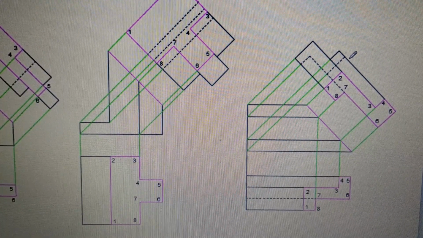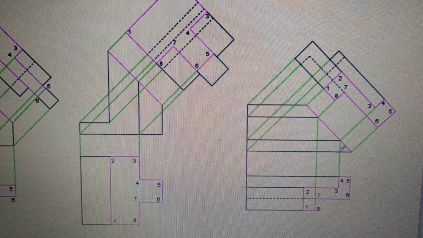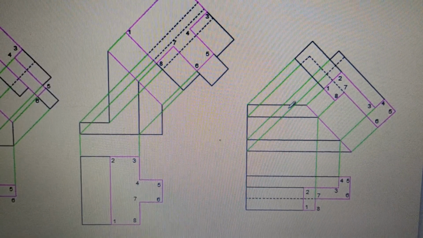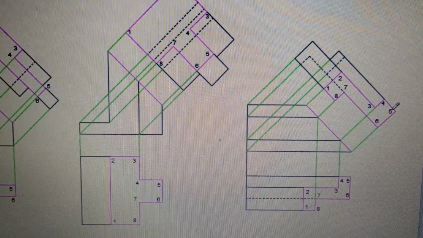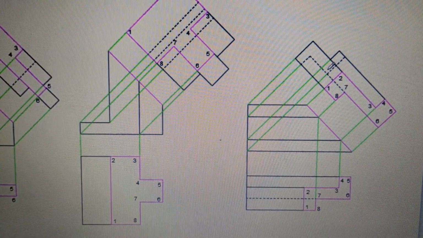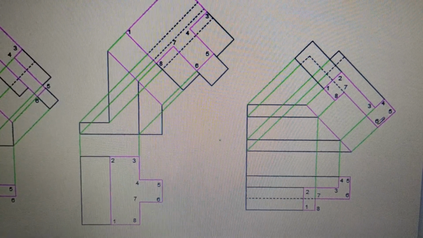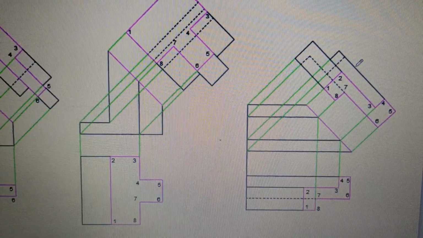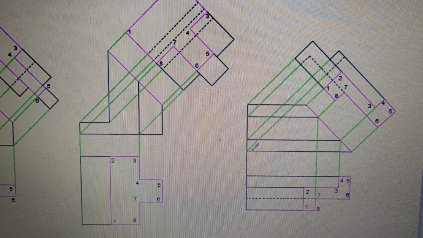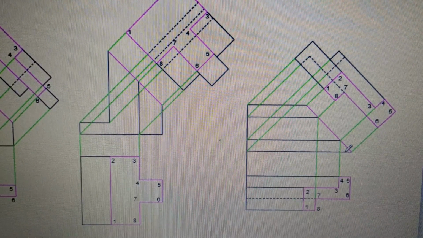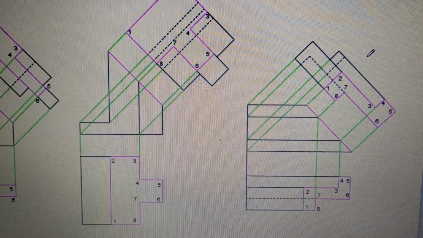So these points are here, 5 6. When you project them like this, this is going to be here. The base rectangle which is there, extends from this end to this end, and here it is from this line to this line. So 5 6 is here, 5 is here, and back to 5 6. This particular shape I am now showing, 5 6 5 6, is this shape. That completes the object which is shown here in the auxiliary direction.